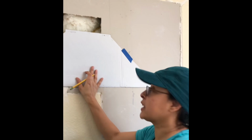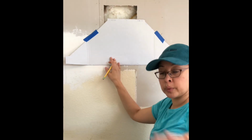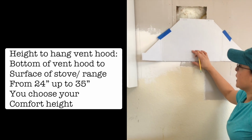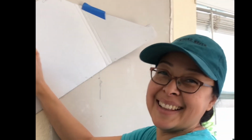Alright, now we already have our template on the wall, and we know the distance that it's gonna be from the lower part of your stove to the range. Usually it's about 24 to 35 inches, the distance that you can...